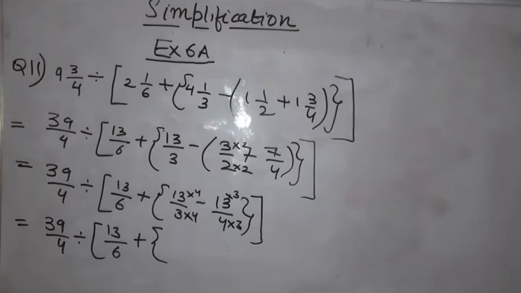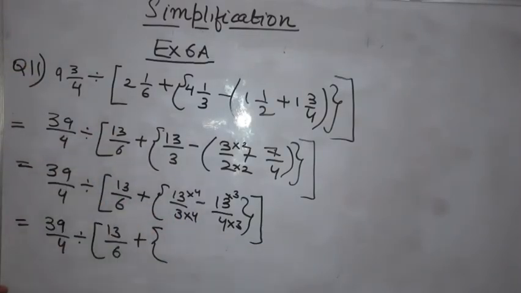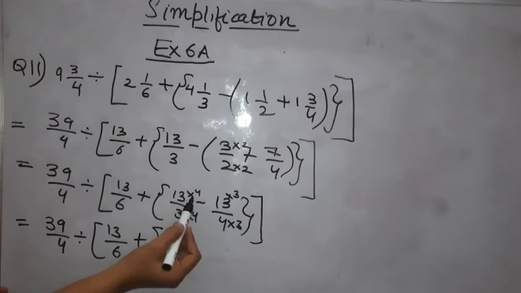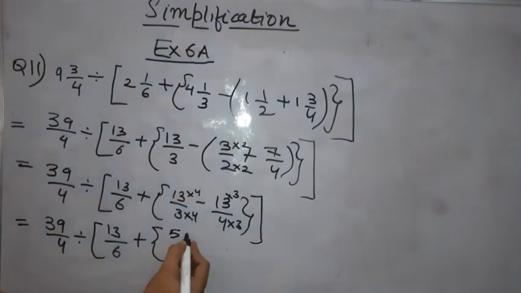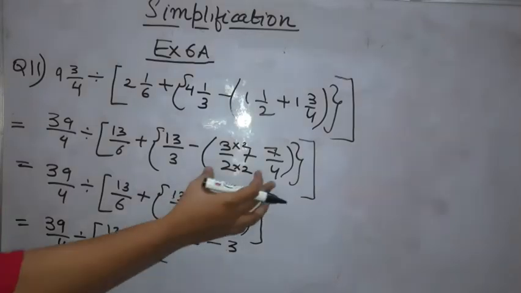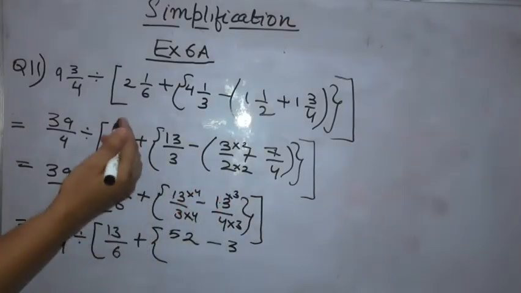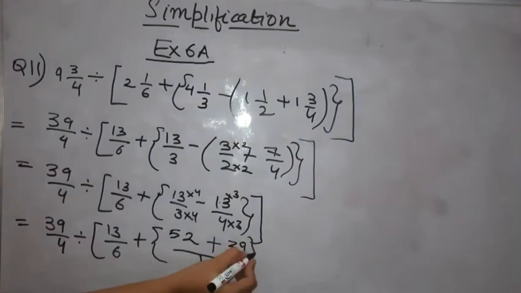If there are numbers which do not have any other common factor apart from 1, then their product is their LCM. Now 3 4s are 12. By the same number the numerator has to be multiplied. So 13 4s are 52. 13 3s are, here the plus symbol, no it's right, there should be minus only. So 13 3s are 39 upon 12.